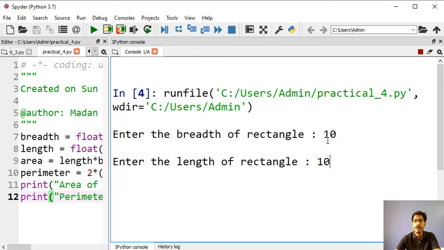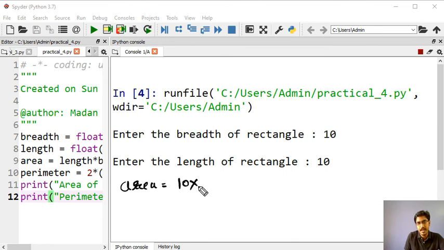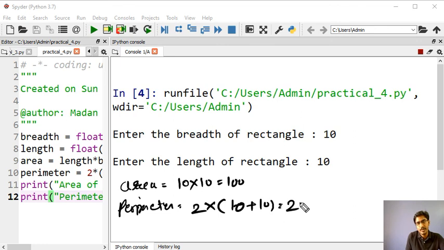If you can guess what the output will be, area will be 10 into 10, that would be 100. And the perimeter would be 2 into 10 plus 10, that would be 2 into 20, that would be 40. So this should be the output. Let's see.